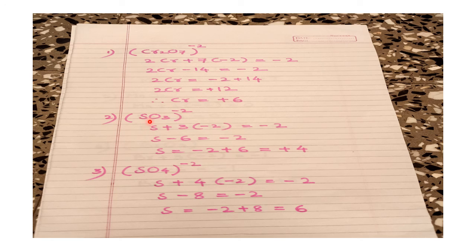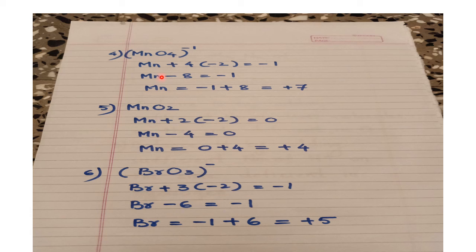In the same way, SO3 2 minus. It is an ion. Algebraic sum of all the ON is equal to charge on the ion. Sulfur you don't know as it is. O we know, minus 2. So 3 into minus 2 equal to charge on the ion. So after simplification, S is in the plus 4 state. ON of S is plus 4. In the same way, ON of S in the sulfate ion is plus 6.